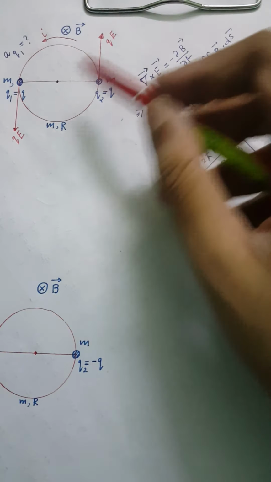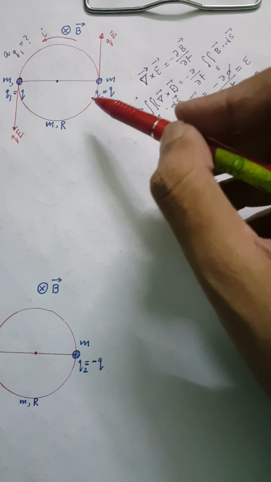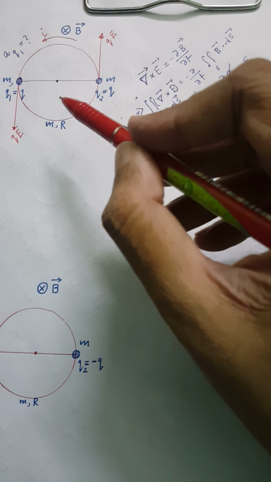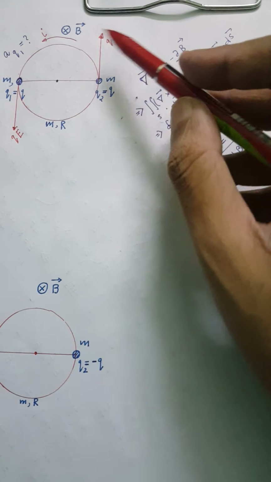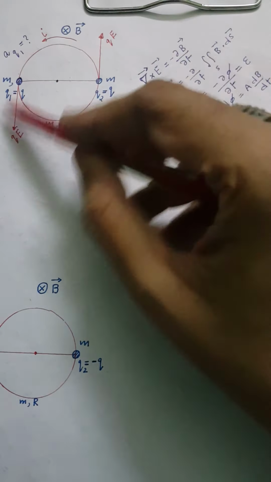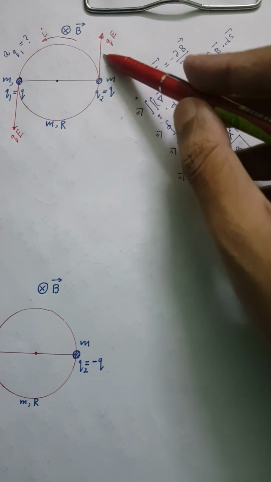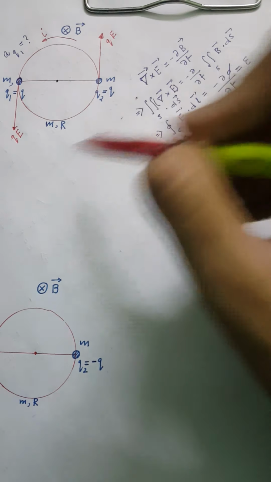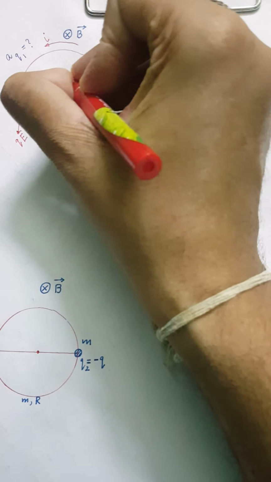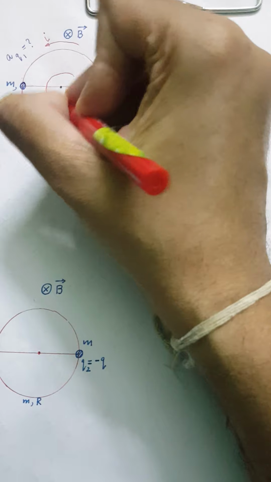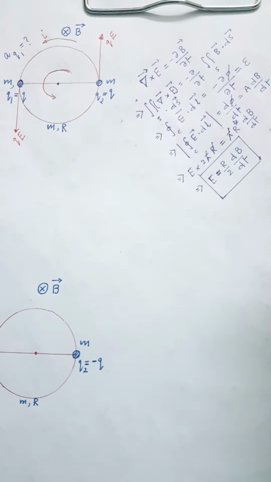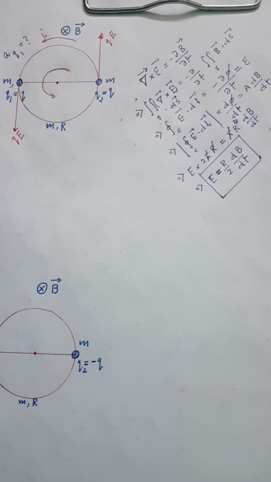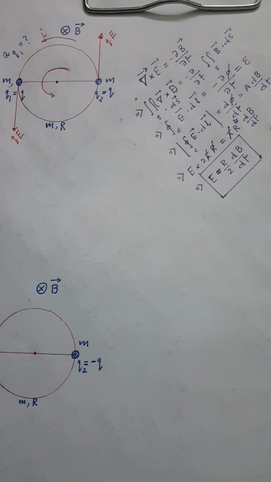And because of these two equal and opposite forces not acting along the same line, the disk will experience a torque. It will experience a torque, and this particular system of forces forms a couple. Two equal and opposite forces not acting along the same line generate a couple which rotates the disk, and the disk will definitely rotate in this sense. As the disk rotates in this sense along this particular axis, we can find out the torque.